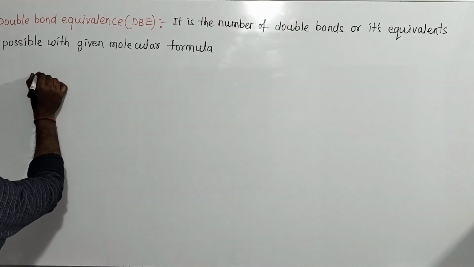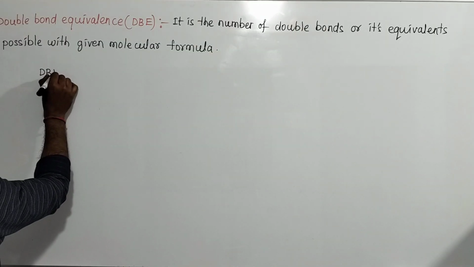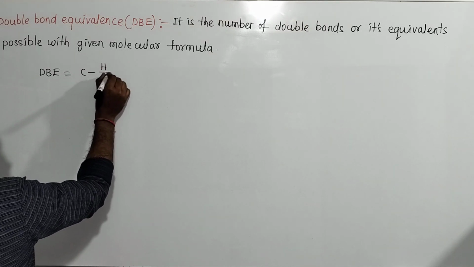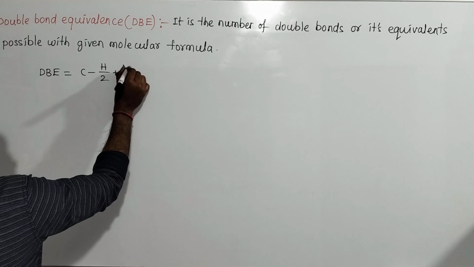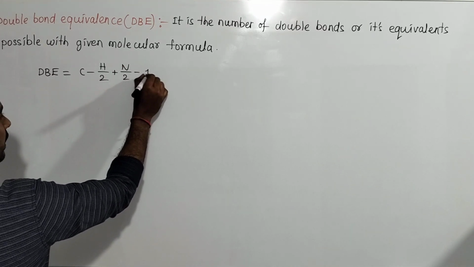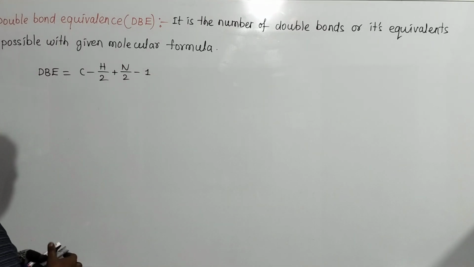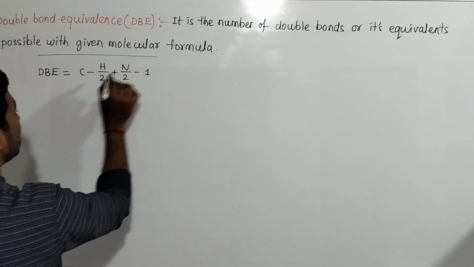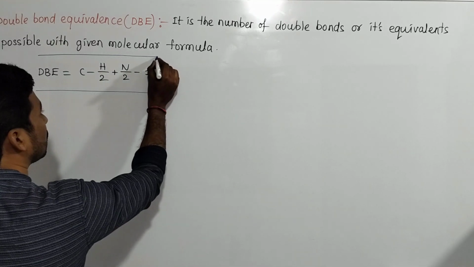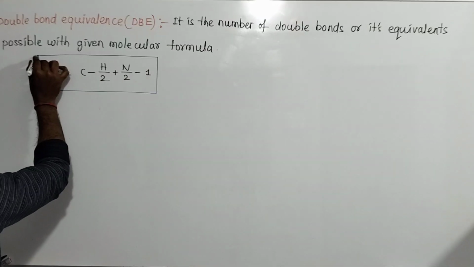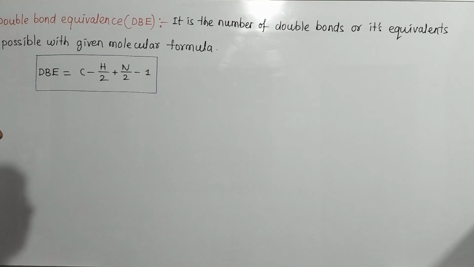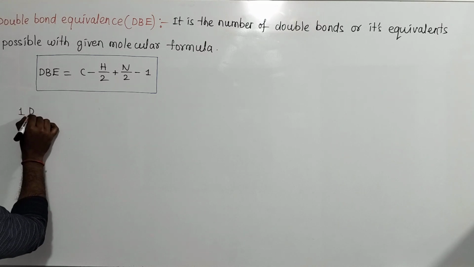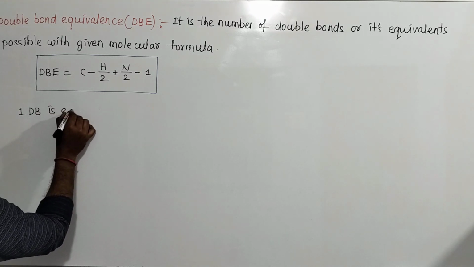So what is the formula to calculate double bond equivalence? Double bond equivalence is equal to the number of carbon atoms minus the number of hydrogen atoms by 2 plus the number of nitrogen atoms by 2 plus 1. This is the formula to calculate double bond equivalence. So with this formula we calculate double bond equivalence. What is a double bond? Between 2 carbon atoms there is a double bond, simply. What is the double bond equivalence? One double bond is equivalent to